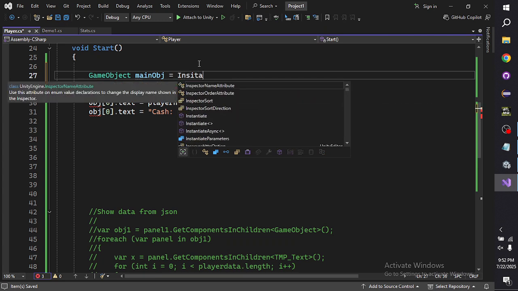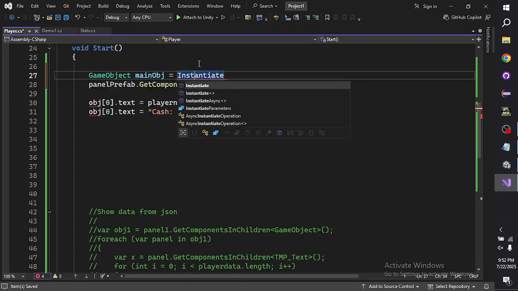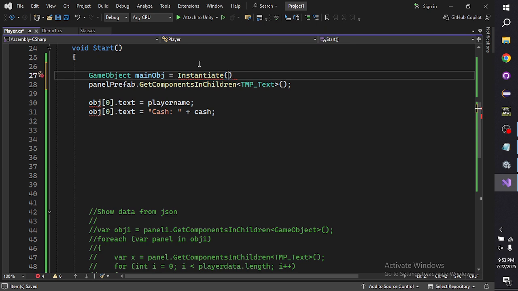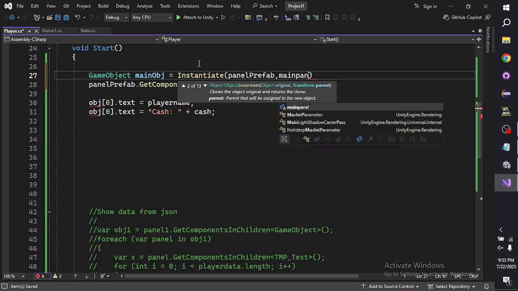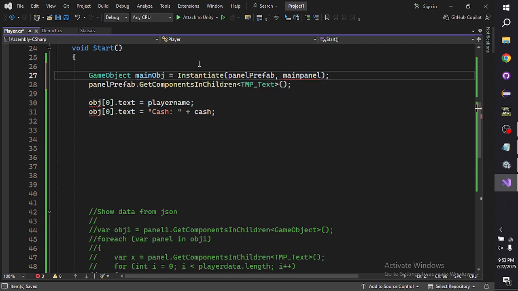Okay, instantiate. Spelling mistake, sorry. Instantiate panel prefab, comma, main panel. So instantiate this panel prefab into the main panel dot transform. Instantiate this prefab into the main panel dot transform, and then